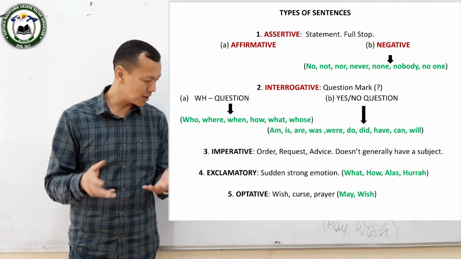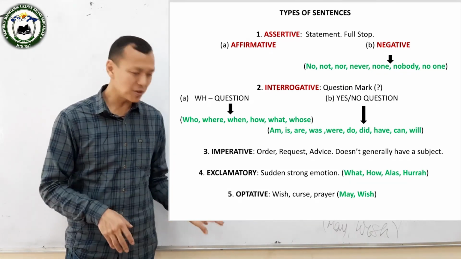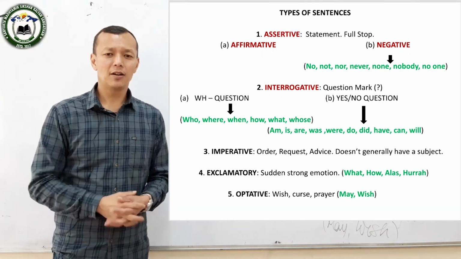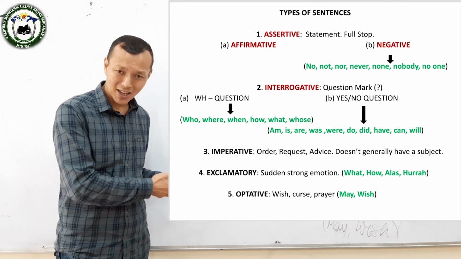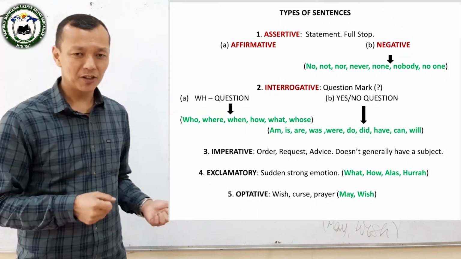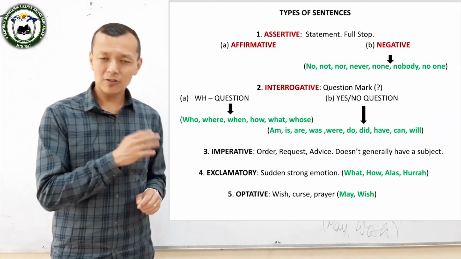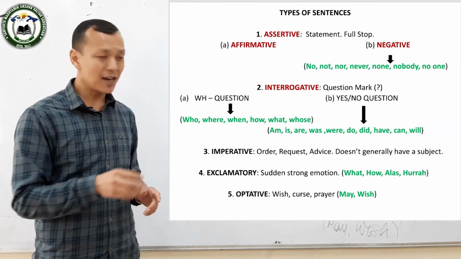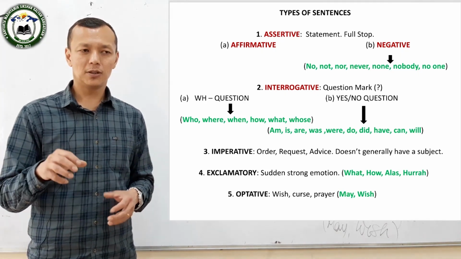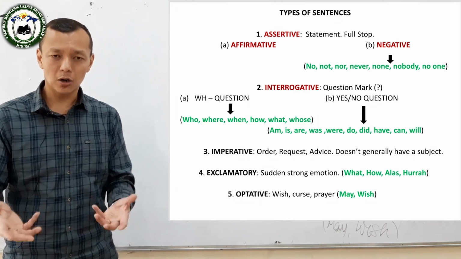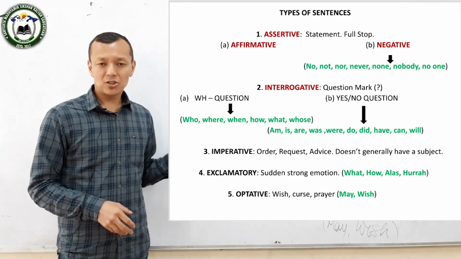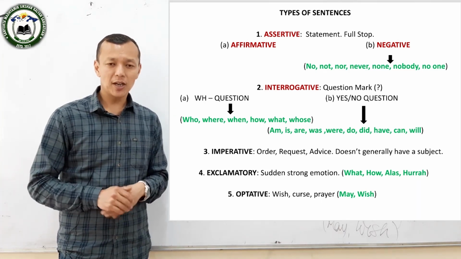optative sentence, which makes a wish or a curse. Optative ko euta example: may you live happily ever after. I'm making a wish, I'm beginning the answer with may, so that is an optative sentence. So in this screen, apart from those terms, the words that are highlighted in green are given to you as a hint so that you know how to go about writing the answer. Now based on what we have discussed in this particular screen I